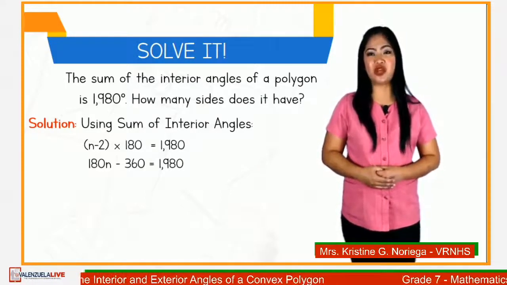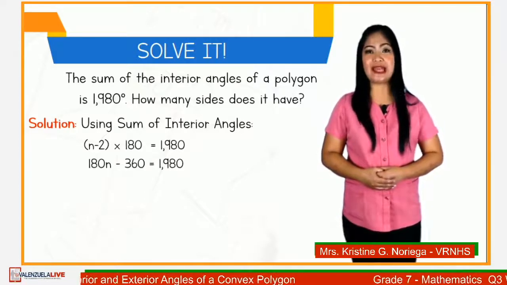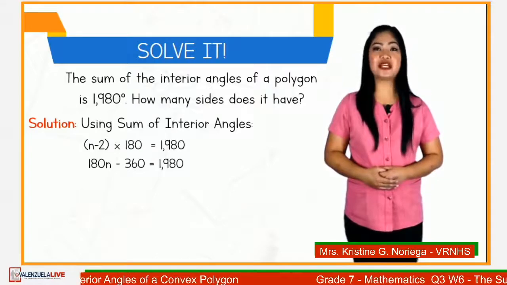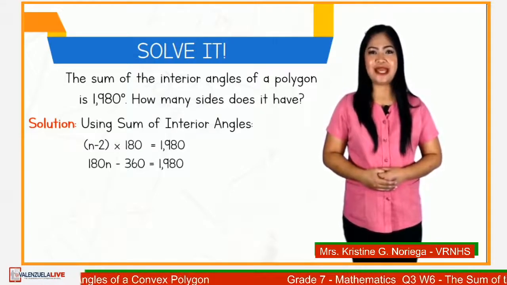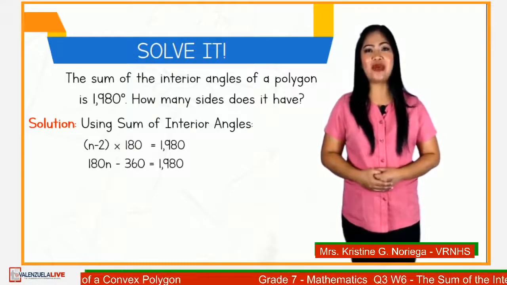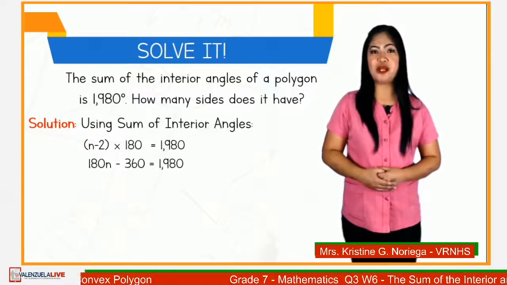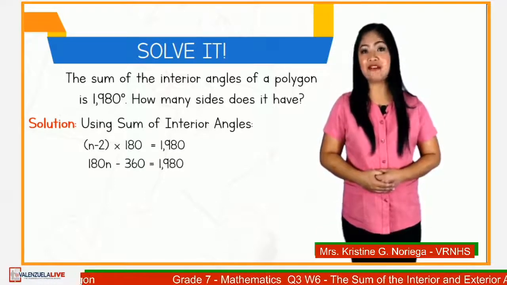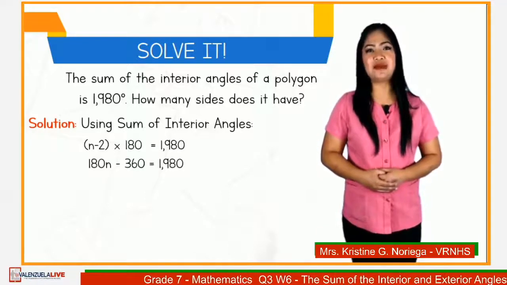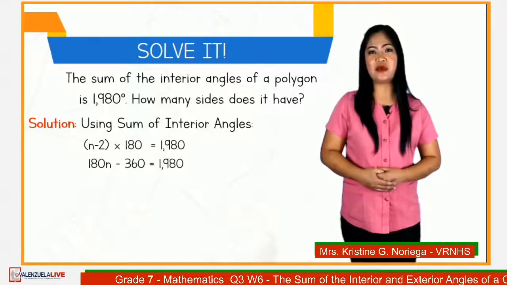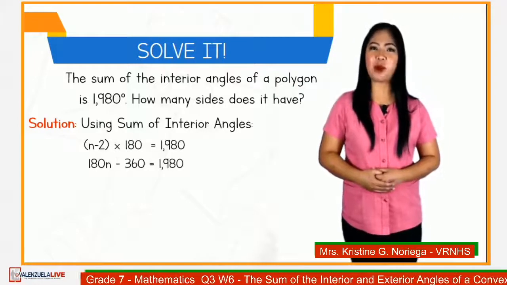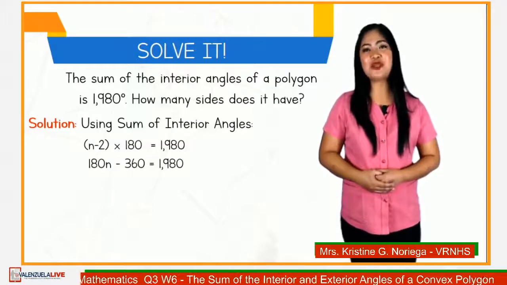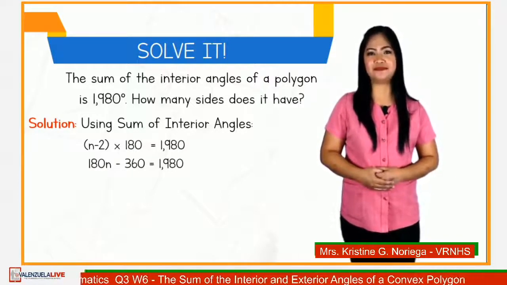Simplifying this equation will give us 180n minus 360 equals 1,980. Since we are solving for n, we need to isolate the n variable to the right-hand side of the equation and eliminate negative 360. To eliminate negative 360, we will apply the addition property of equality and add 360 to both sides of the equation. That will be